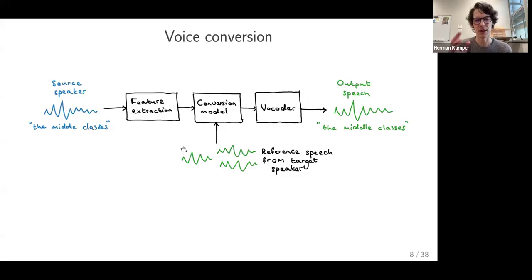Let me make this concrete. Herman will say "the middle classes," and then we want it to sound like Pune. As conditioning to this model, we give it some reference speech, other examples that Pune has said before, and then we want the model to convert. Most systems can be condensed down to some form of feature extraction, then in the feature space you do voice conversion, and then you have a vocoder that goes from those latent representations back out to speech